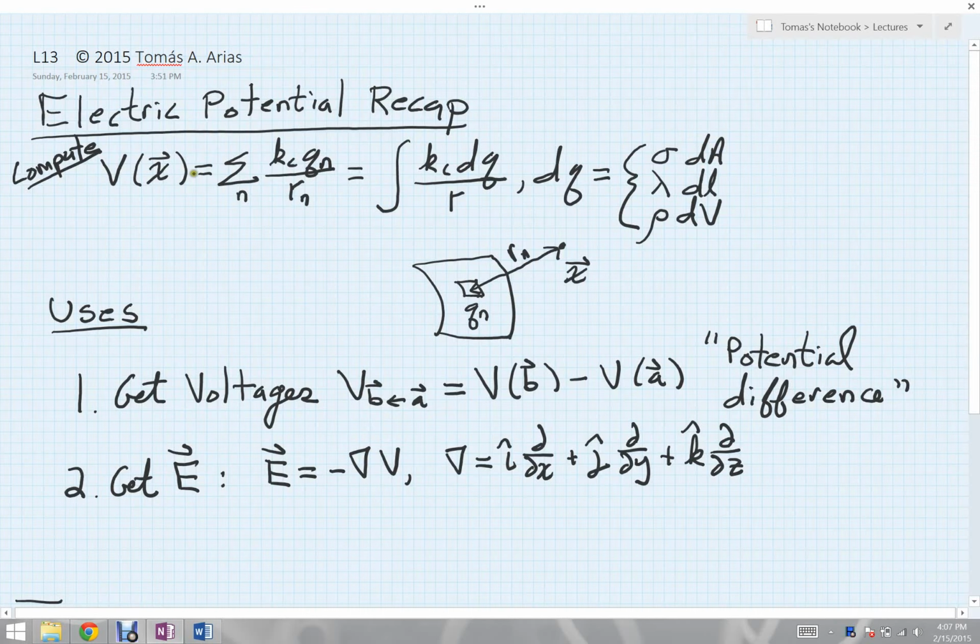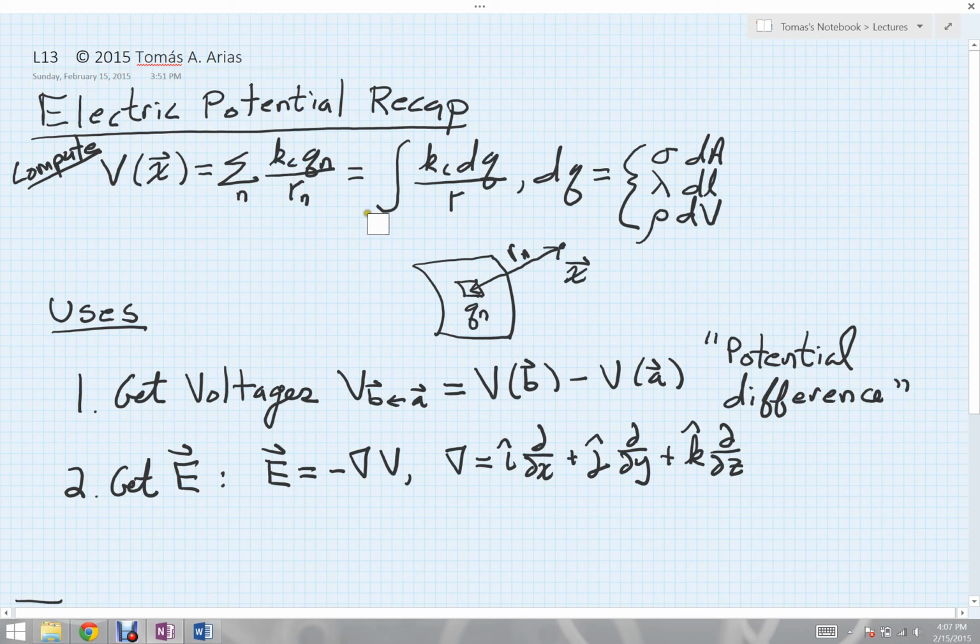Let us now recap briefly what we've been learning about the electric potential. After learning its basic definition, we learned a fairly simple formula for computing it. Namely, if we want the electric potential at some location x, so here in some diagram I have some point x where I want this electric potential, all I would do would be to go and sum over all the charges n in the system, Coulomb's constant times the corresponding charge, and then just divide by the distance to that